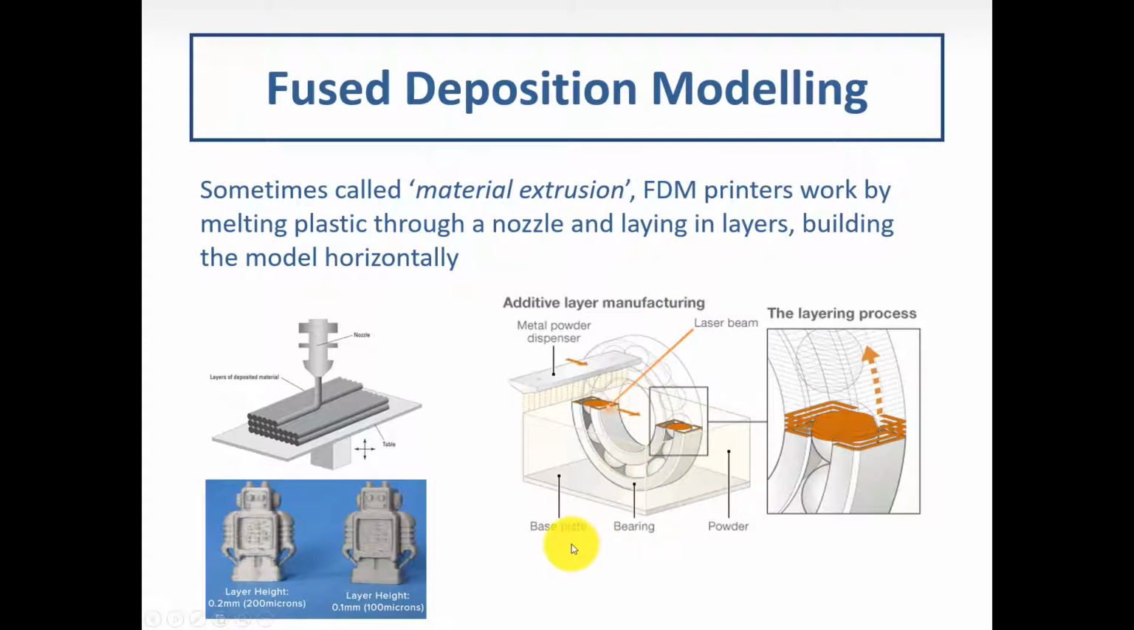So just to explore the fused deposition modeling, this is also known as material extrusion. So printers work by melting plastic through a nozzle and creating layer by layer. So they're building these components, these parts. Of course, you don't get to see this. This is just an illustration, but you can see with this nice robot the difference whenever we modify the layer height, which by the way is measured by microns. So 200 microns, that's